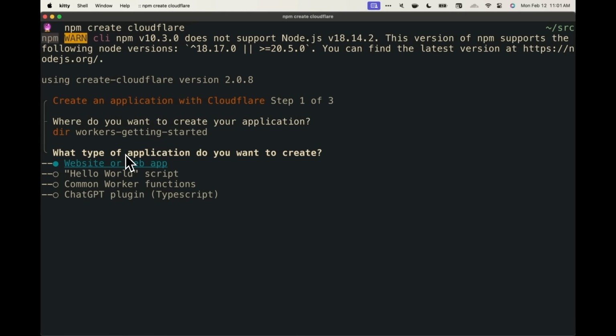And now I have a type of application that I want to create. There are a couple of high-level options here. Website or web app is going to be a Cloudflare Pages application. So let's say you want to create a Next.js project or an Astro project or whatever framework you want to use, React even, you can do that directly inside of here. You can also set up a Hello World script. That's going to be the one that we're going to use here in just a second,